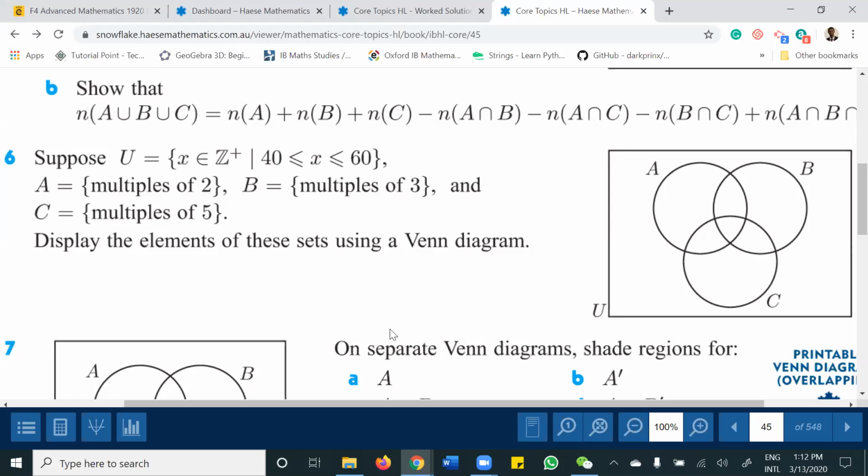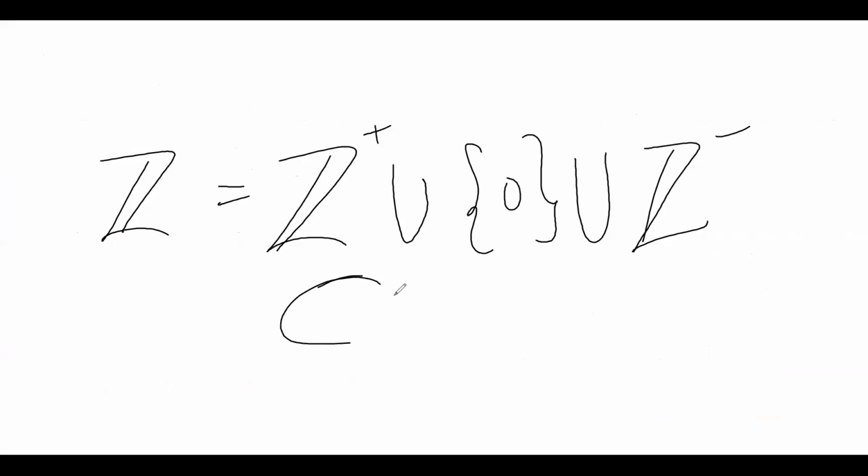I want to know, is it like that, or is it empty? Oh, so what I mean is, if a set has no unique values, it only shares with other sets, and it doesn't have values that are only in B or C. So let me get this straight. You remember a picture has been given to you like this, right? Yes. So this set, for example, only shares with this and this. It doesn't have anything, right? Yeah. Then you leave it blank.